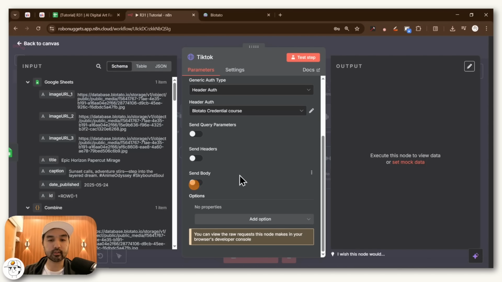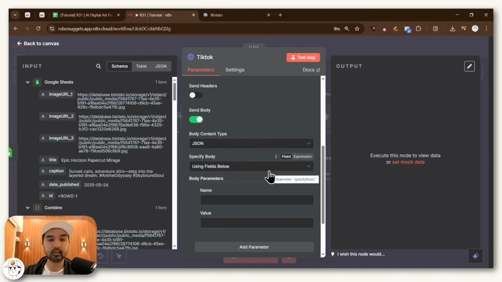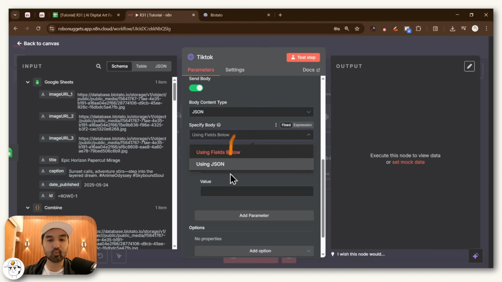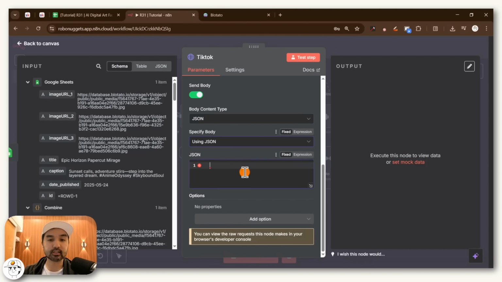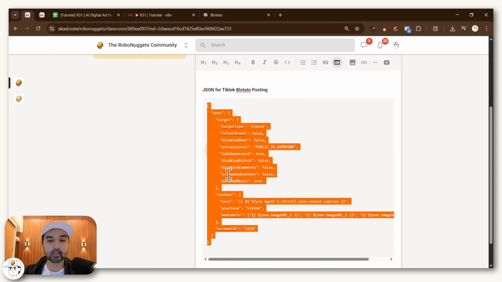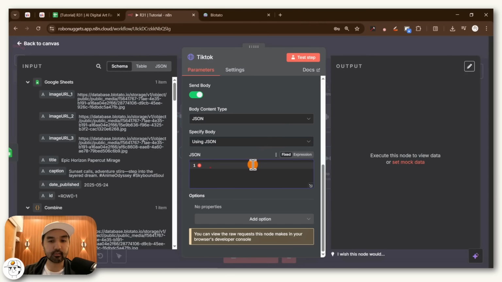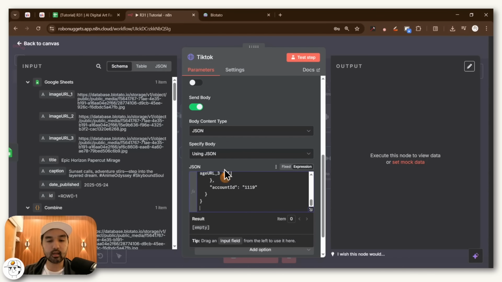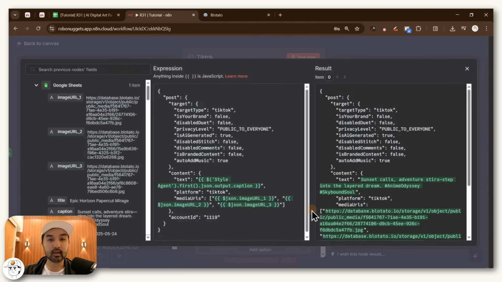So now the only thing you need to do is to configure the requests that you'll be making. So in this case, JSON is what Blotato accepts. So you can just specify the body using JSON to make it simpler. And once again, you can just copy this JSON script over at the community and change that to expression and paste it there. So now if I open that, you'll see that once again, it's just a lot of attributes